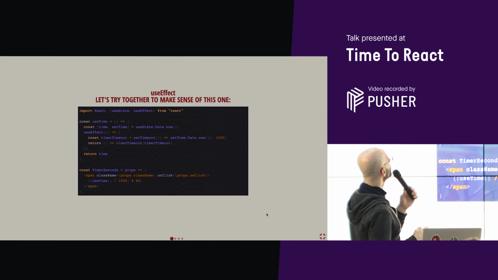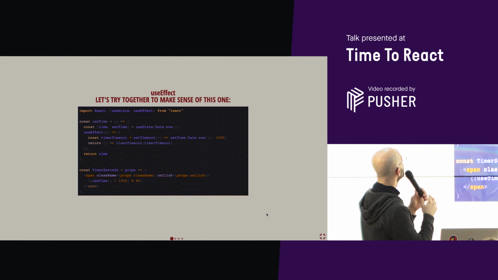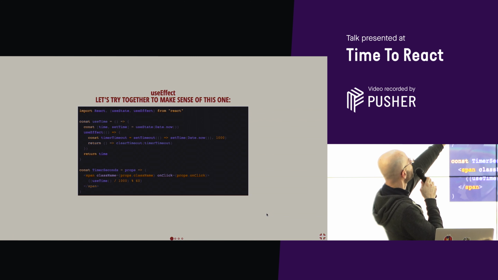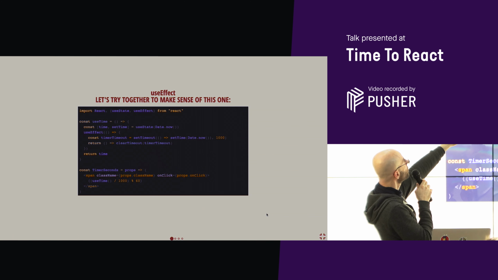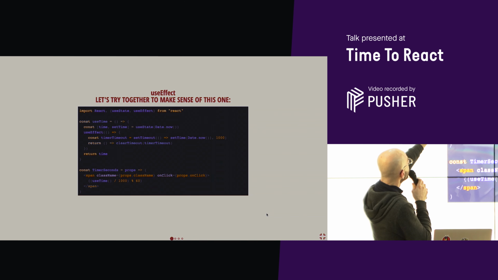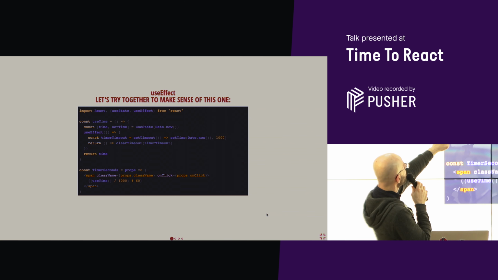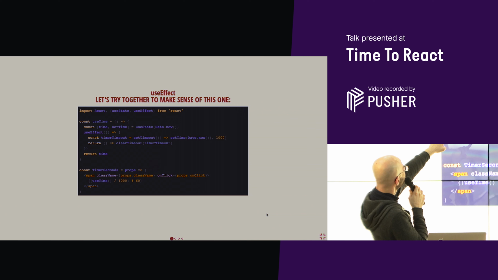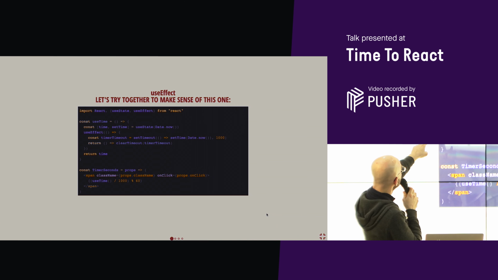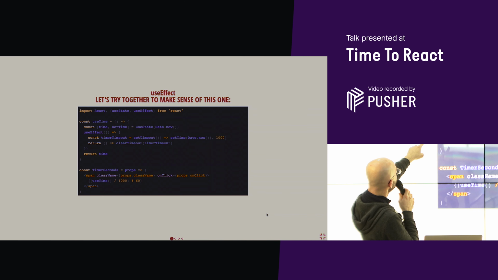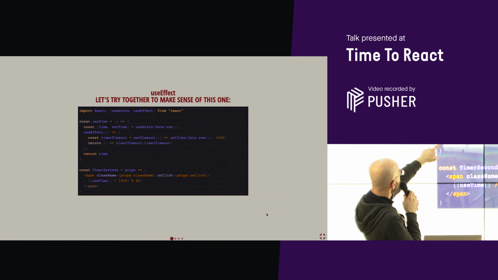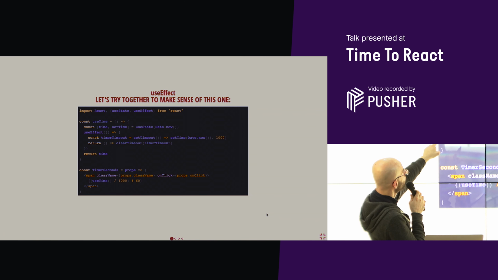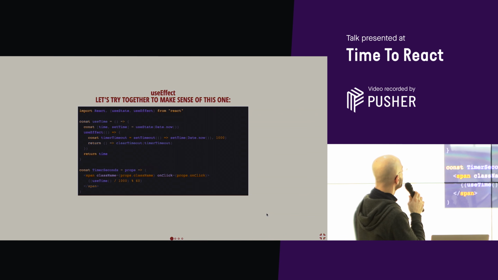Quickly, let's give also a look at useEffect, so at least you get an idea. Big surprise in the first line, we import useEffect as we are importing useState, which is still there, okay? In the first line, we are going to set a useState hook, which is going to take the time and create a setTime setter. useEffect is going to do some kind of magic, so it's going to declare a timer timeout and set a timeout all the time. I know it's not the best example, but still works for what we needed to do.